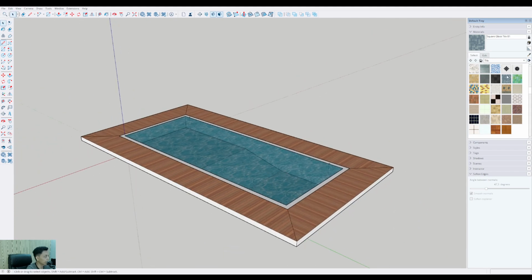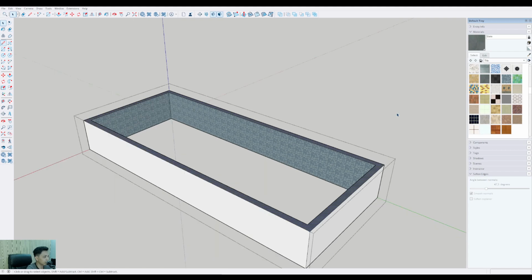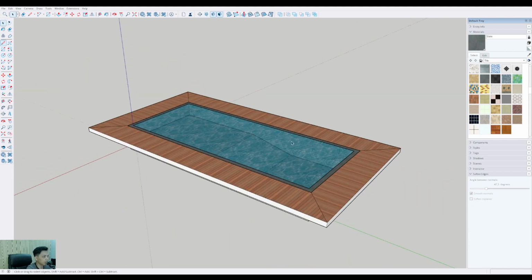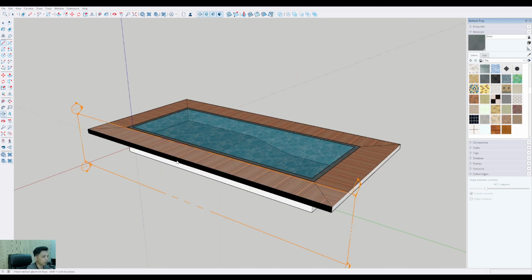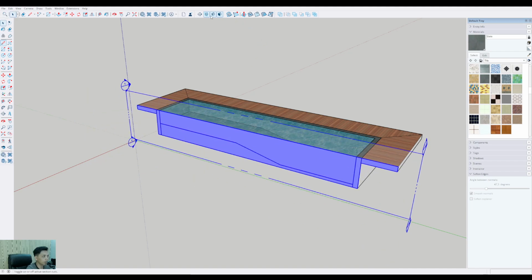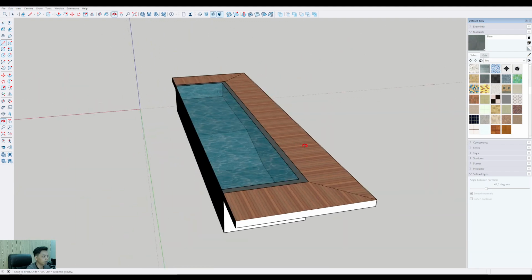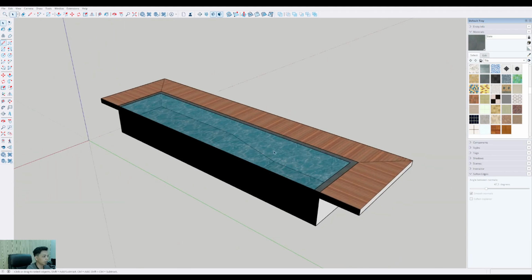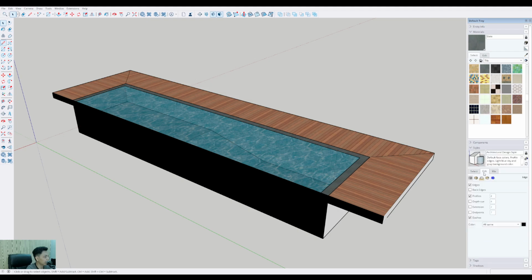Okay, so you can make a section, or you can make the boundaries of this swimming pool first, and then make the section using a section plane. You can click this one, and then click the section plane. Then select move and place it on this position. Then you can unhide the display of the section plane. Okay, so you will get it, and I suggest you click this section, click this style, and then edit,